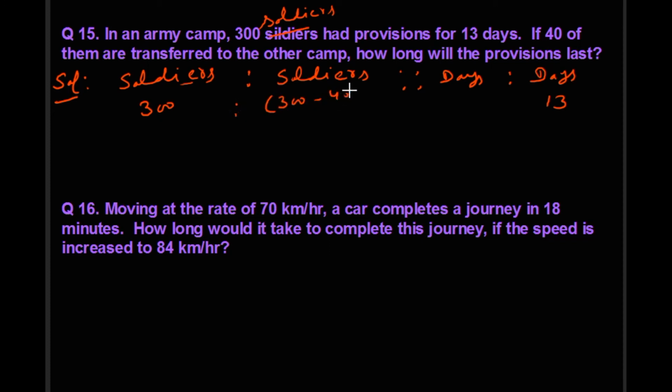Now 40 of them are transferred. So here we write by direct proportion. Again, now if you have set this, it has become quite easy. 300 minus 40 equal to 260, x